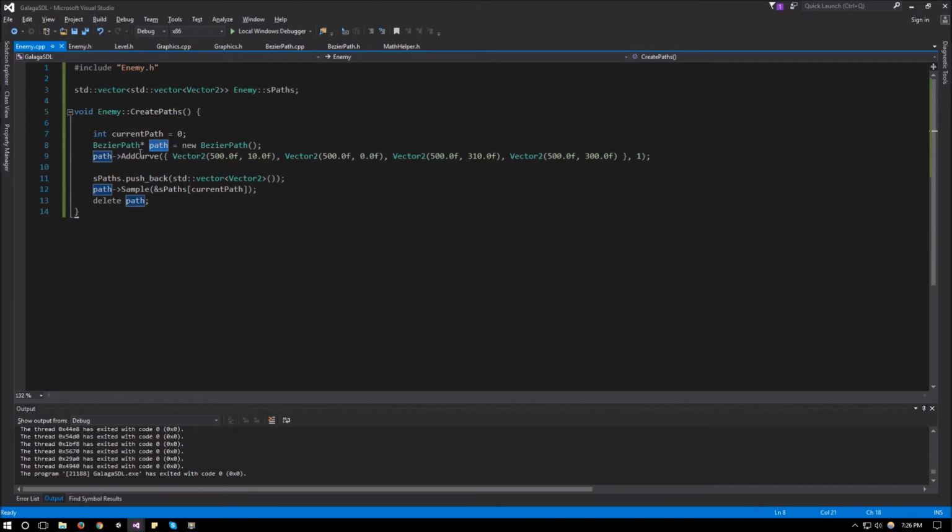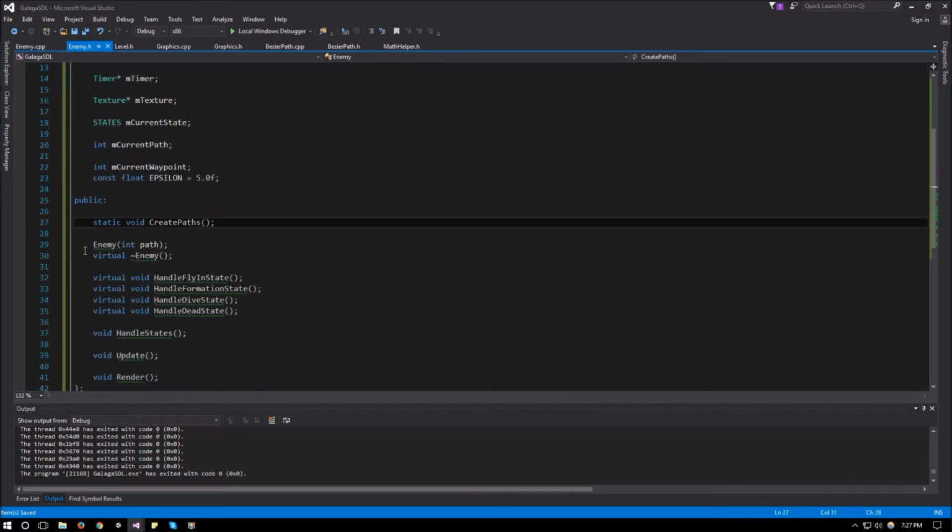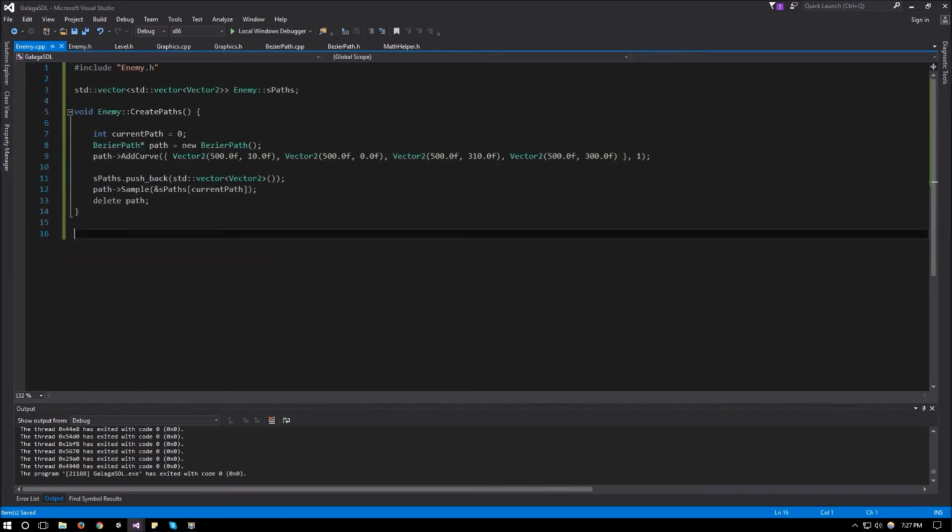So we're creating the path, we're adding the curve, and then we're sampling it. Now we have on paths at 0, a sampled path there. So this should be it for now. We'll add more paths in a little bit, but we can go ahead and implement the rest of our functions. So, our constructor, void enemy,